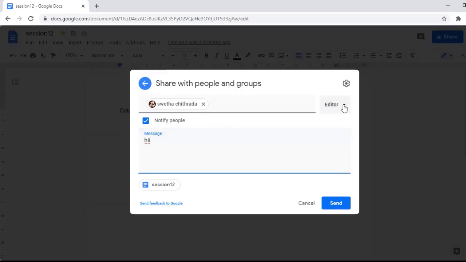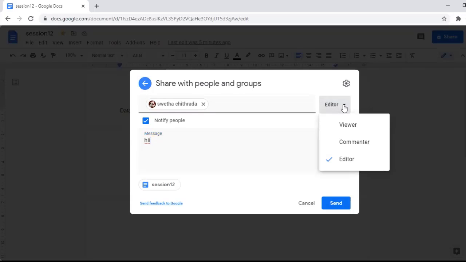Editor. So here another option is that you can give permissions. That means you are giving protection to the document. When you give the permission, then only the person is able to edit the document. That means you are allowing some other person, then only the person has the accessibility to modify the things.